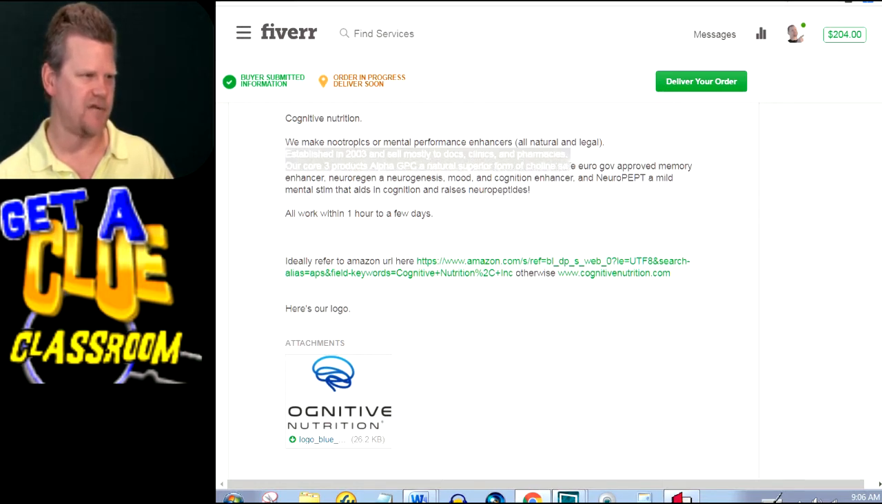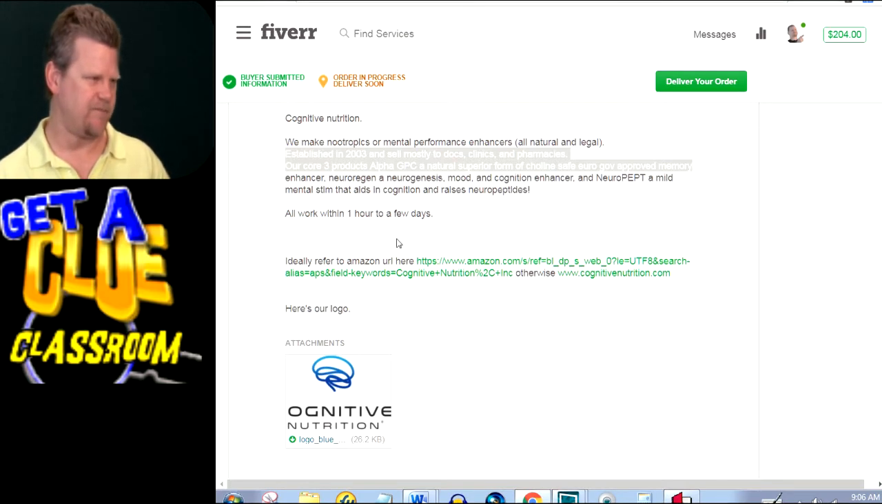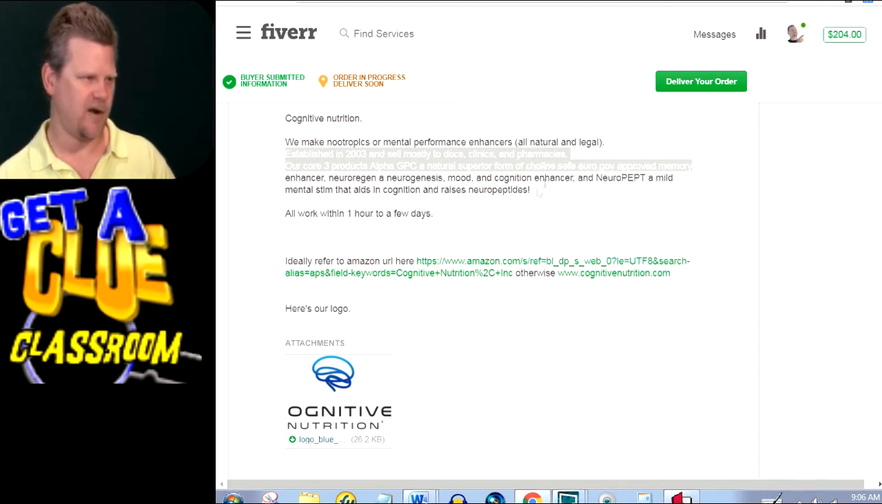GPC, natural superior form, chlorines. It's not. There's no R in that, so would it be a choline? I'm not familiar with these supplements as far as the names and what they do, but anyway, it's government approved in Europe. So you want to copy all this,